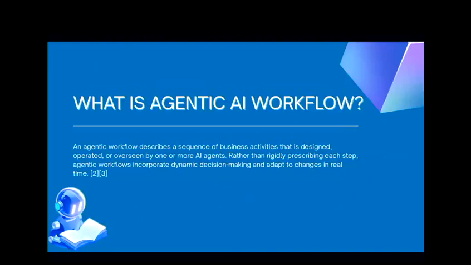And next is the agentic AI workflow, or what we call agentic AI. It's slightly more complex, and it's easy to confuse AI agent and agentic AI. So let's break it down with a simpler analogy. Think of an AI agent as a solitary worker that's good at a task. But agentic AI is like bringing in a crew, where each worker does their own part, and they cooperate together to achieve a bigger outcome. So this is what we call agentic AI.